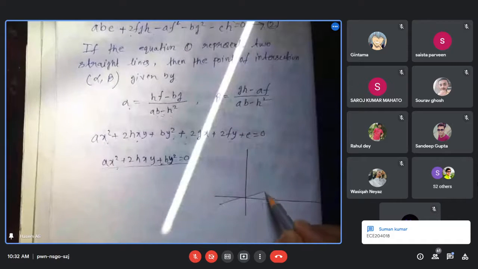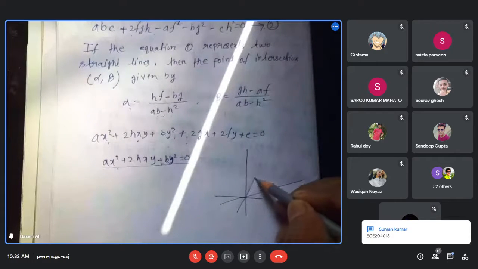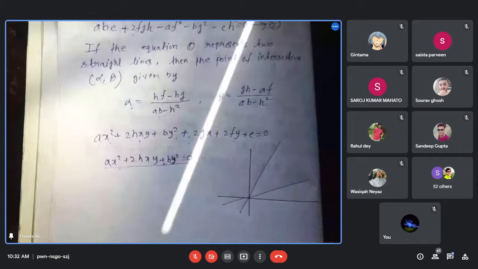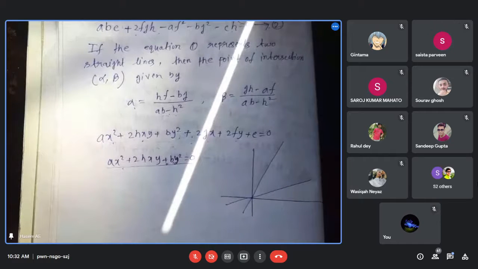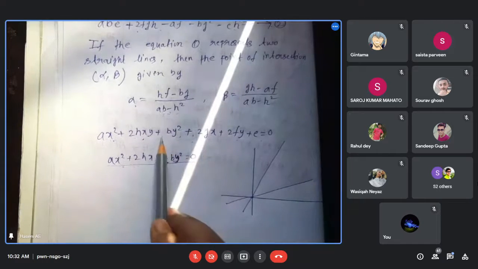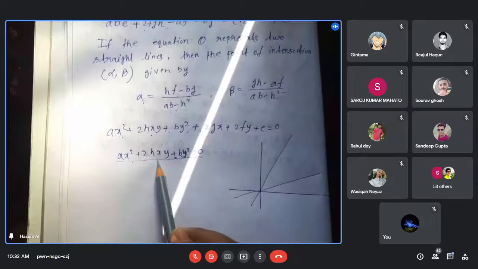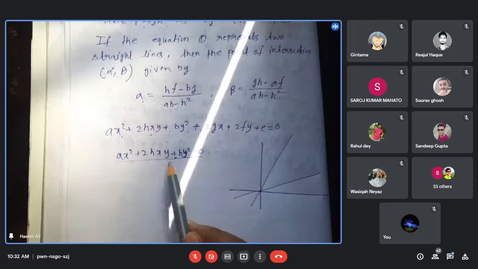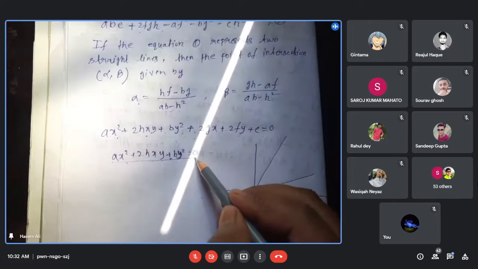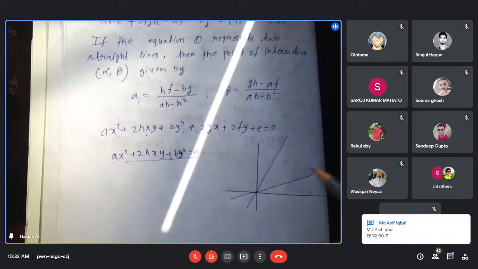See this. If this equation represents a pair of straight lines, then this equation also represents a pair of straight lines passing through the origin, and also parallel to the original pair. That means